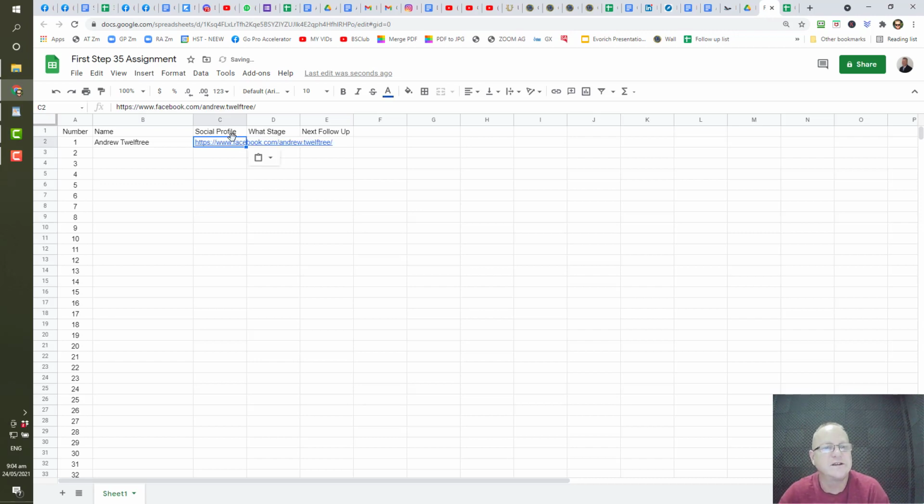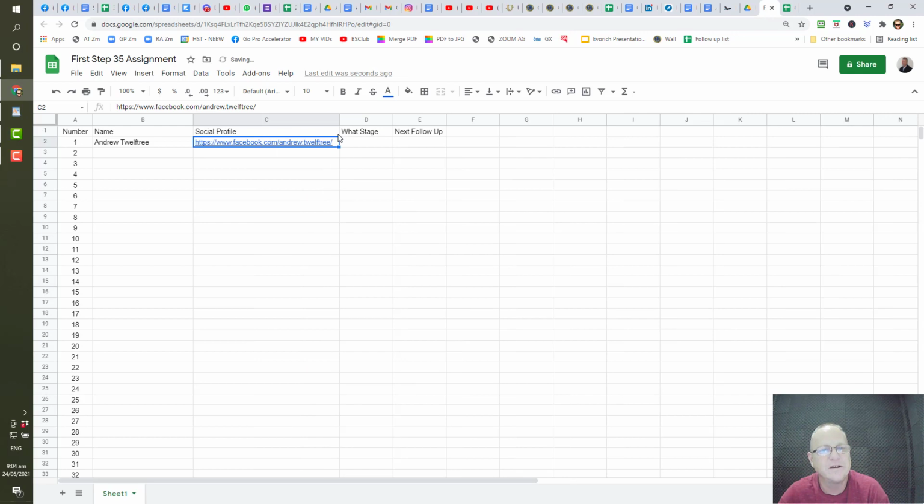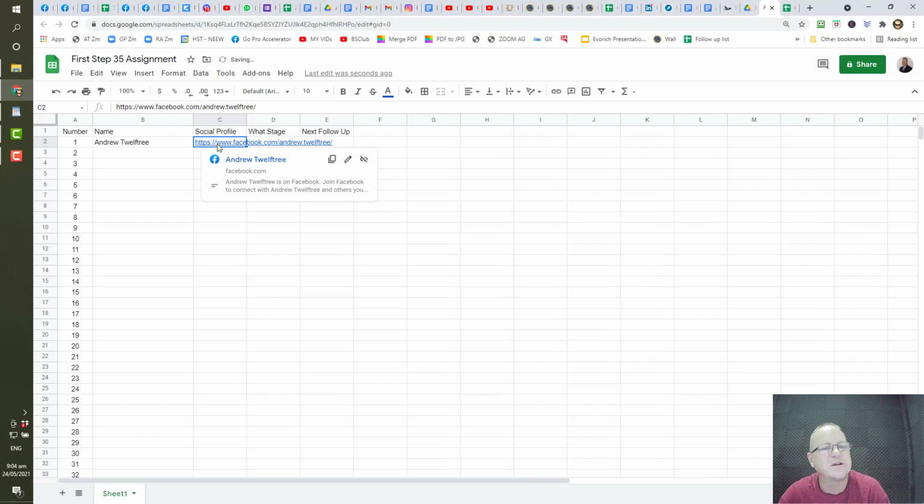Now you can see there that the words are too wide for that column, so you can make that wider as well. The other one is if it's still narrow, all you want to do is be able to click on that. So if you highlight over that and click it,